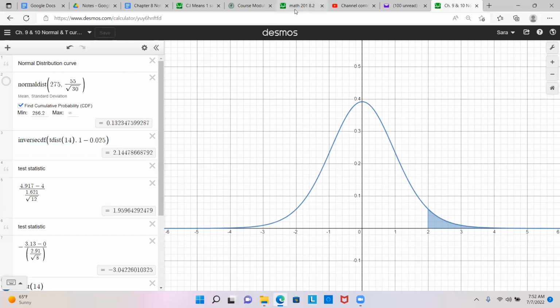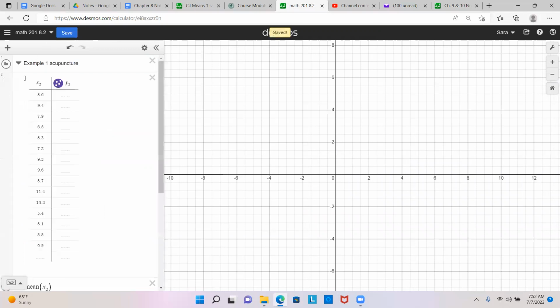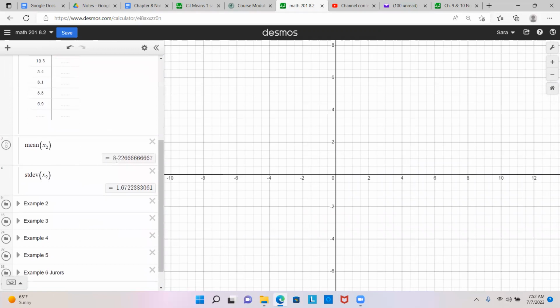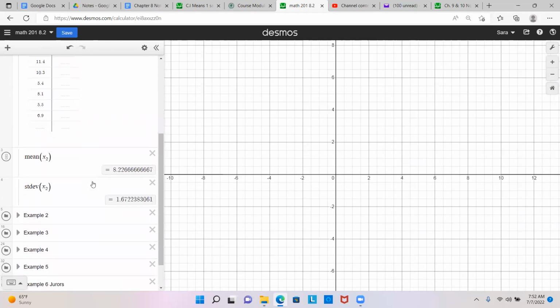So I'm also going to show you what this looks like. Example 1 here is the acupuncture. If we click on that, you can see I entered the data into my table, and then I found the mean and the standard deviation from there. Okay. And then we calculated